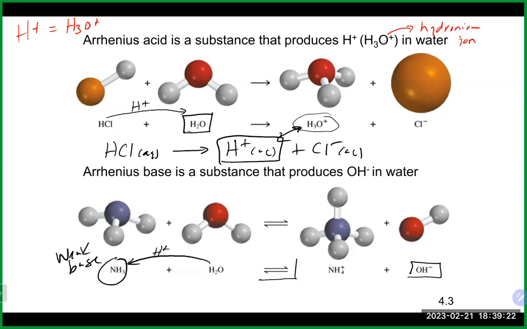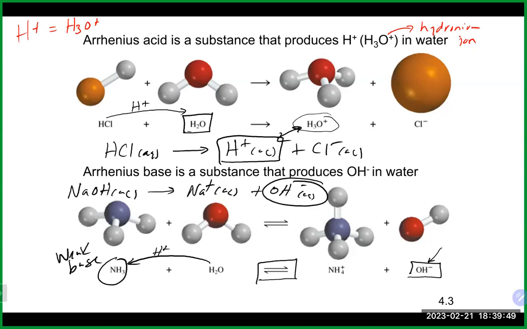Hence the arrows heading in both directions, a reversible sort of reaction. It is still considered a base because, frankly, it could produce hydroxide, but it is not anywhere near as strong a base as something like sodium hydroxide, which frankly just has its hydroxide on it. When sodium hydroxide goes for a swim, it's going to 100% break apart into sodium ions and hydroxide ions, and it's going to generate a lot of hydroxide ions really quickly, which is why it's a strong